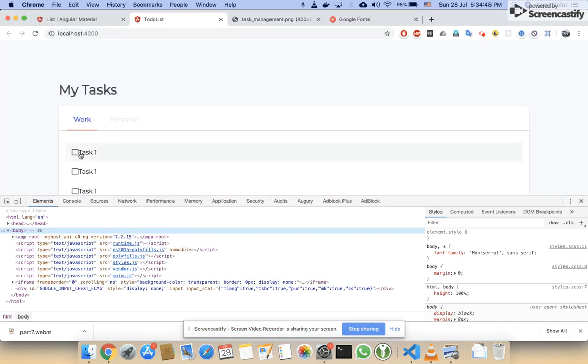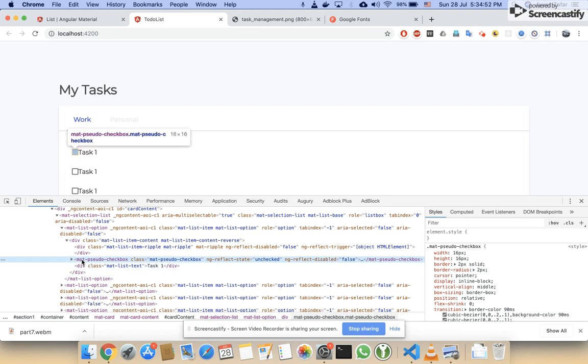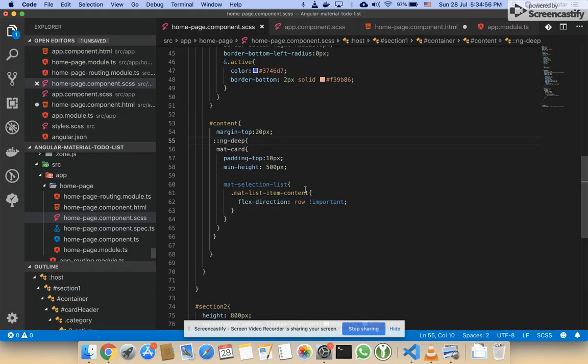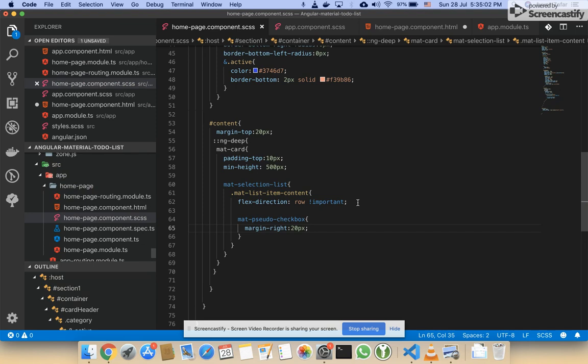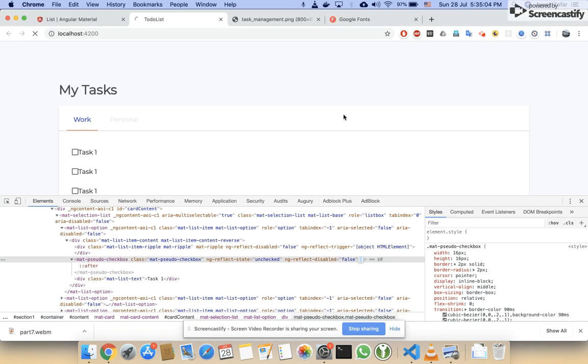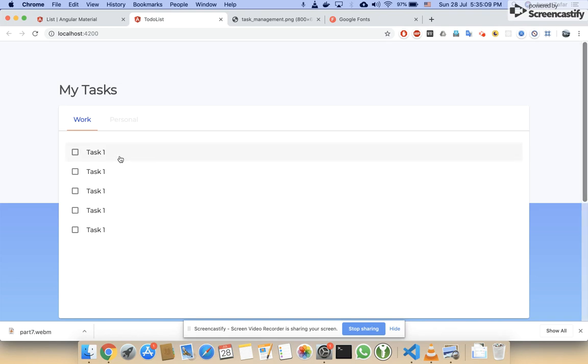Now I will add some margin. Margin right, 20 pixels. Okay,